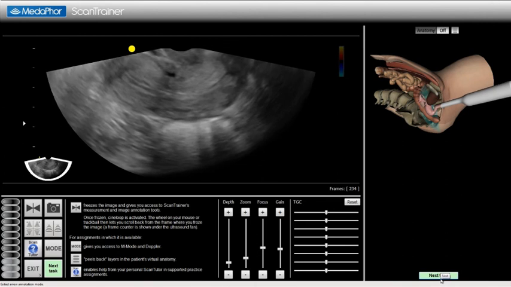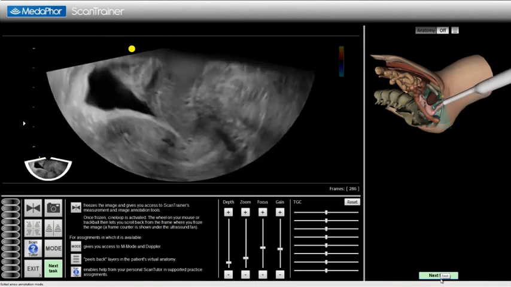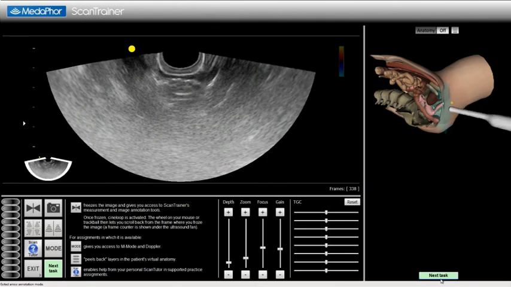To complete the scan, I withdraw the probe, taking care not to exert too much pressure on the patient,